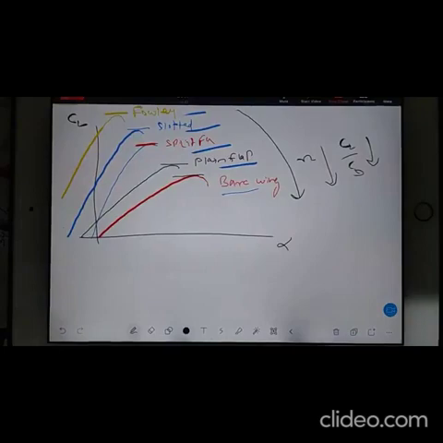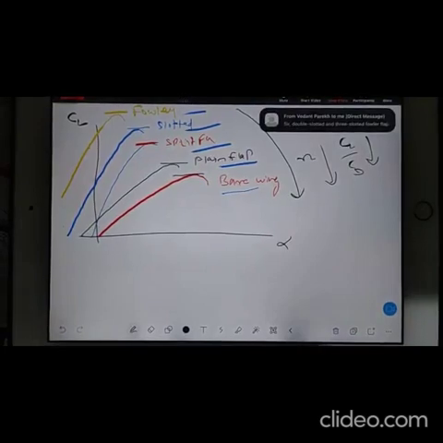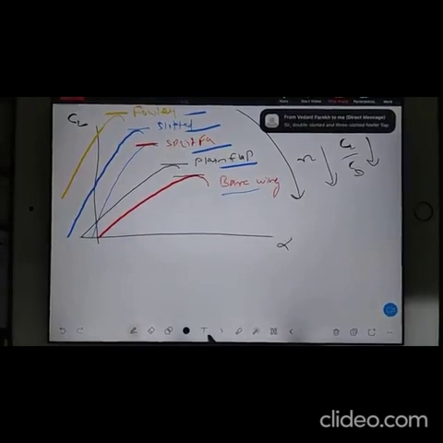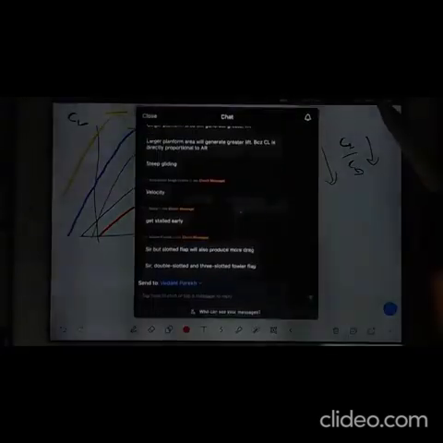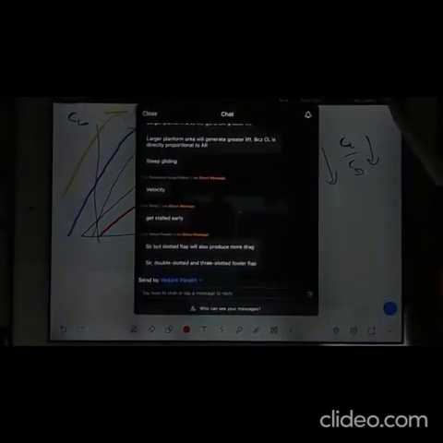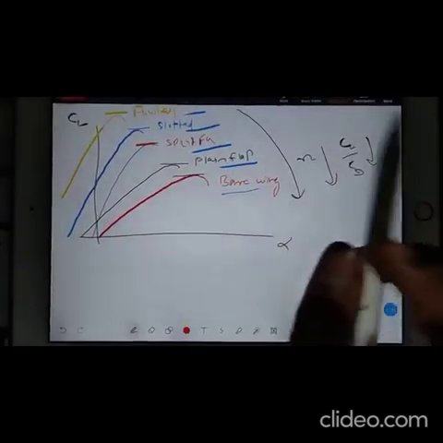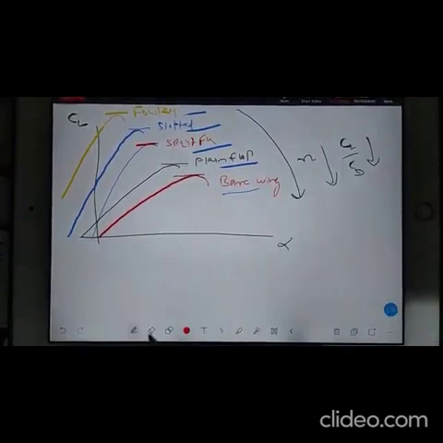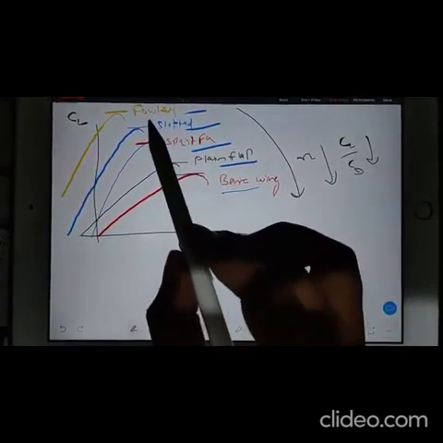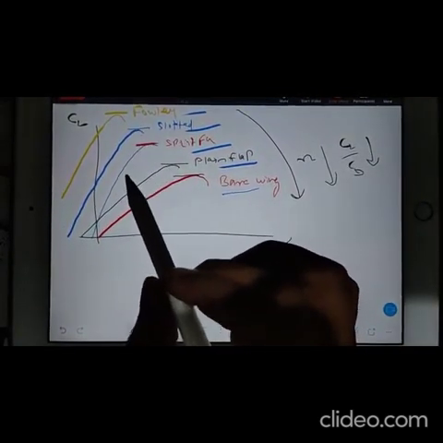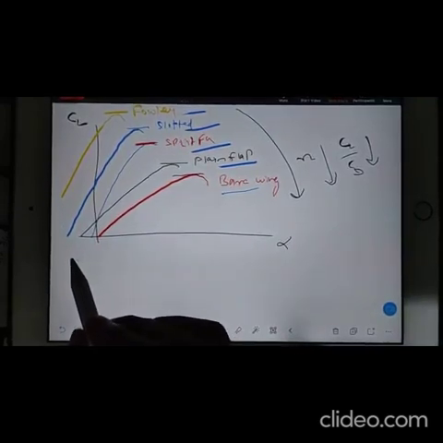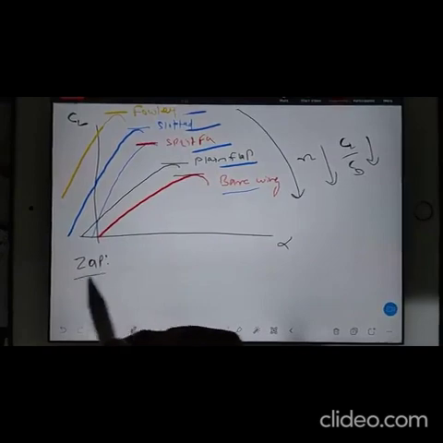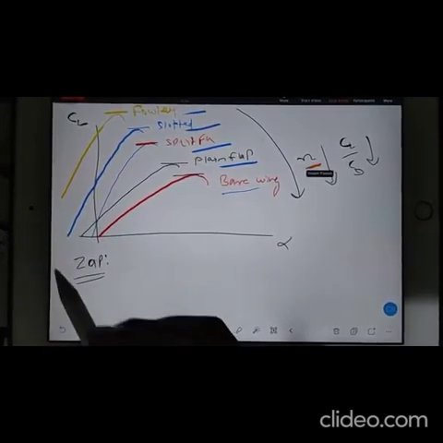Now we talk about zap flap. I have a chart here, double slotted and triple slotted flap. Actually, maximum multiple slotted we can go here. That will go between fowler and slotted. Now you go for another type of flap, that is zap. In zap flap, that was the next type, right?